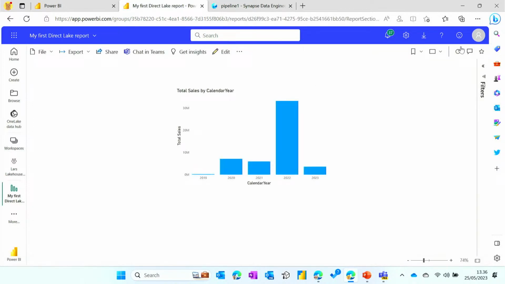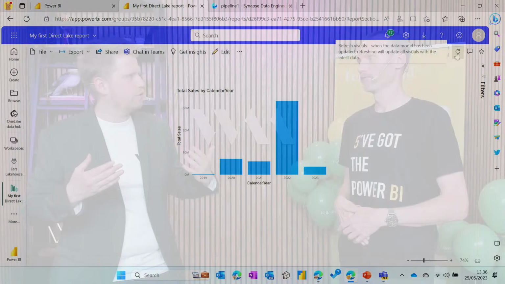But when I click refresh here, once the new data is loaded in, then it will be available. Okay. Do we know the interval, if you had it set to auto update the data? How often would it check for new data? You see, it's a new engine. I don't even know how it works. No, I don't know the exact